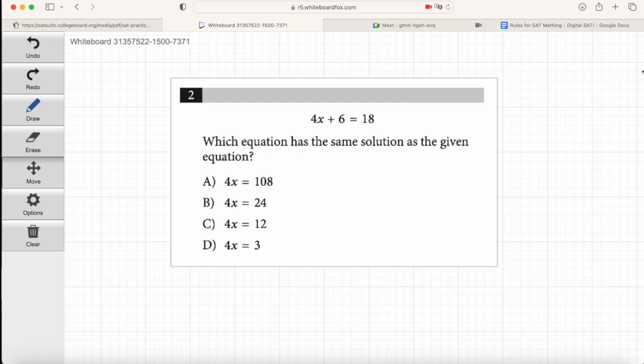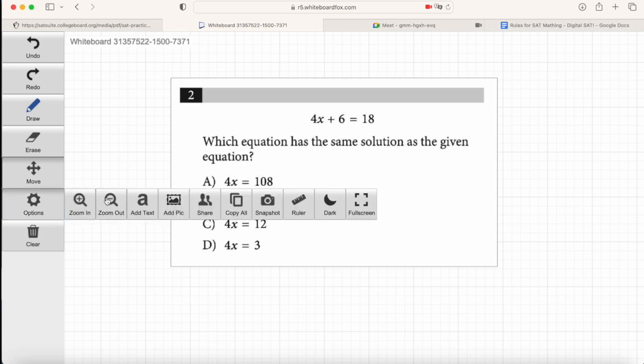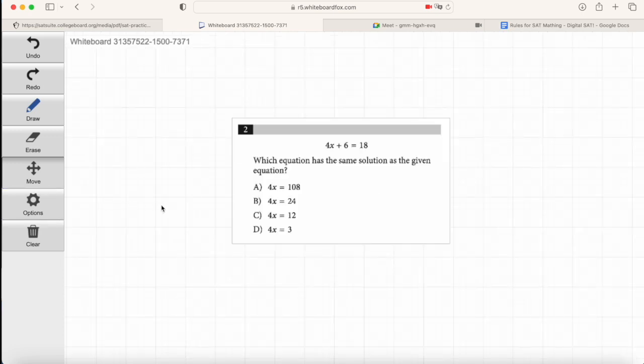Yeah. I know Tanner's just learning how to use the whiteboard here, but I think you're going to figure it out. Literally just press that draw button. Yeah. And just find a clear spot on the whiteboard. So 4x, weird x, plus